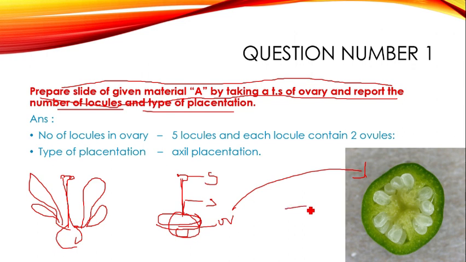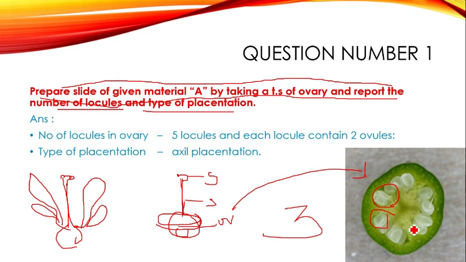Okay, for preparation of this slide you will get 3 marks. Apart from that, the remaining 2 marks are for reporting the number of locules. Number of locules means how many chambers are present in the ovary. If you identify and write that, you will get 1 extra mark. If you observe here, the hibiscus contains